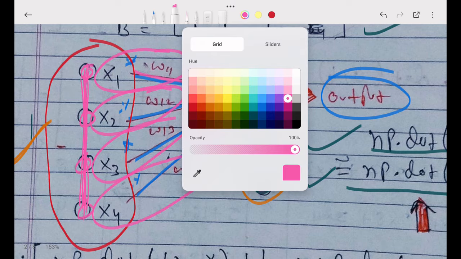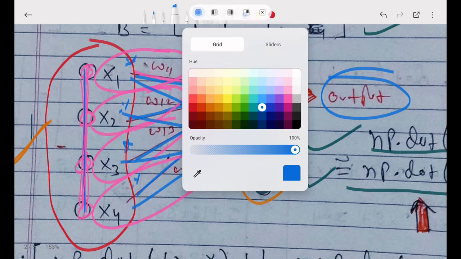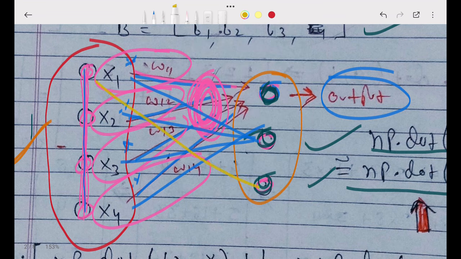Now similarly, this is the batch 1, and it will work for this one. Here also many weights are there, 1 2 3 4, and similarly here also many different weights. This yellow weight is representing W3, this weight is representing W2, and this weight is representing W1.